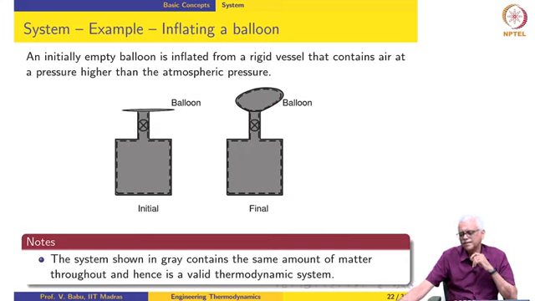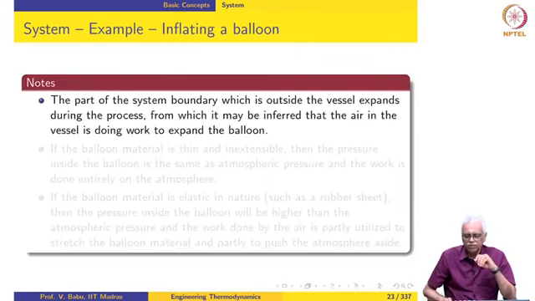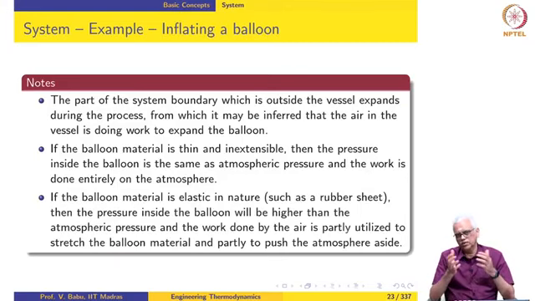If the balloon material is thin and inextensible, like a child's toy balloon, then that means that the pressure inside the balloon is the same as atmospheric pressure, because the material is thin, it cannot really support a pressure difference. So, which means that whether I draw the system boundary inside the balloon or outside the balloon makes no difference. On the other hand, if the balloon were to be made of say rubber or some other material which